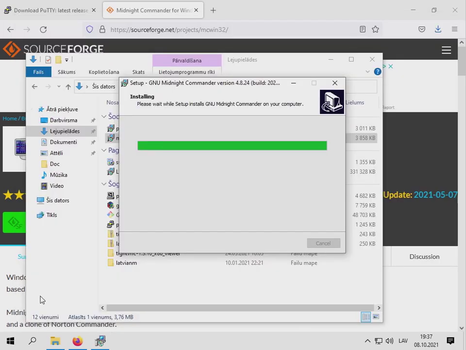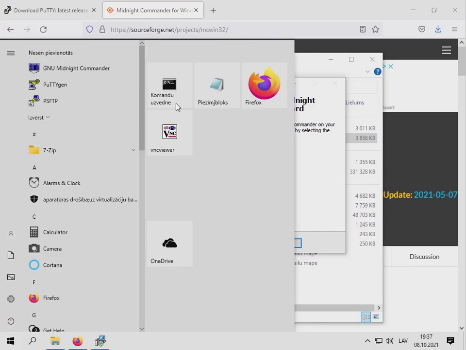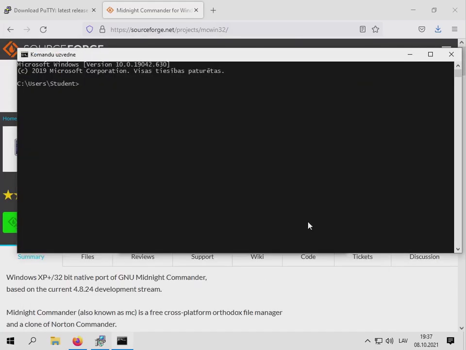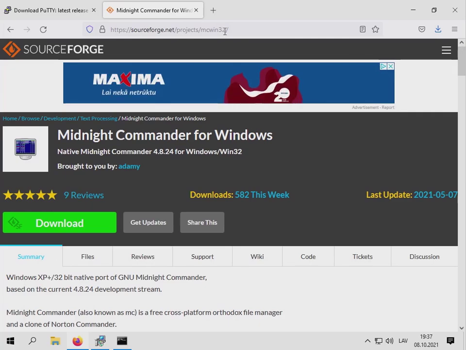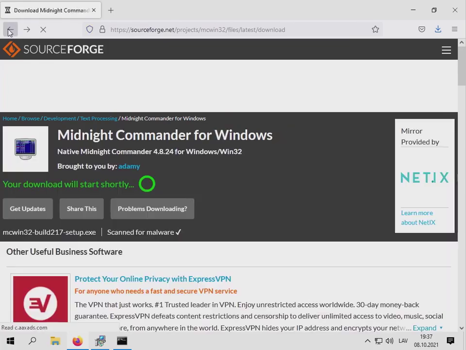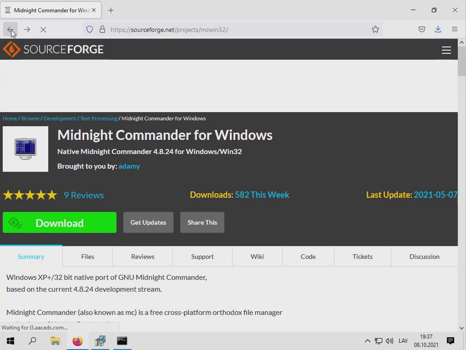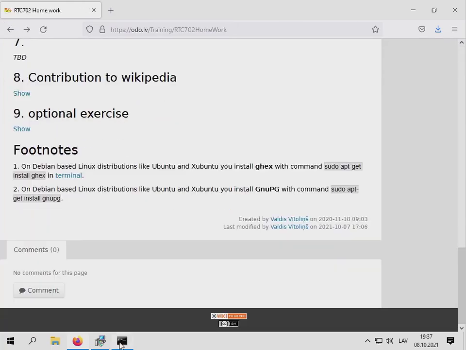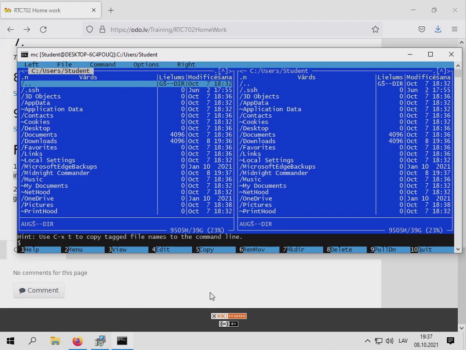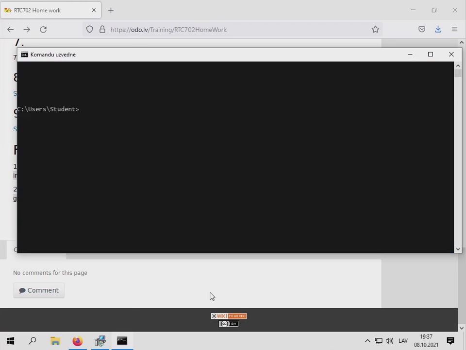command window, I can also open it in the following way, writing MC.